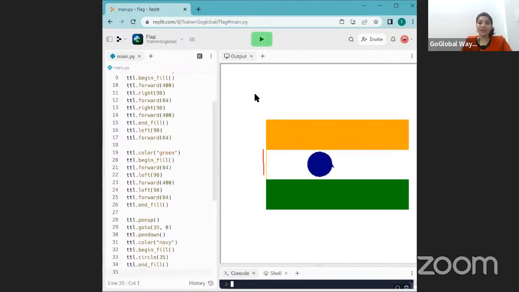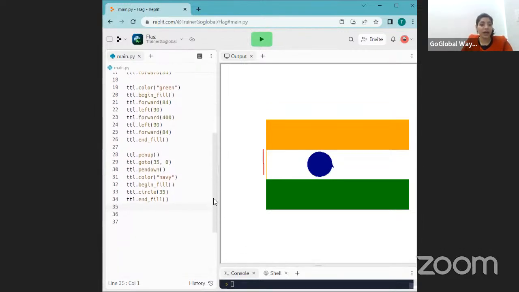So here we go. We have a navy color circle over here. Now, after drawing the circle, I want one more thing. We have to draw something inside the circle, because there are some flecks also in the circle. So I want to create some lines also inside the circle. So I will give the command ttl dot pen up, and then we will write ttl dot go to